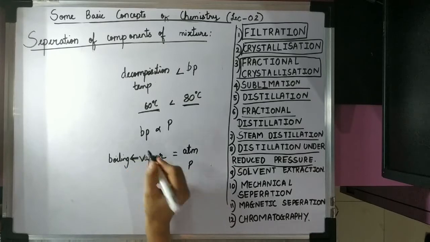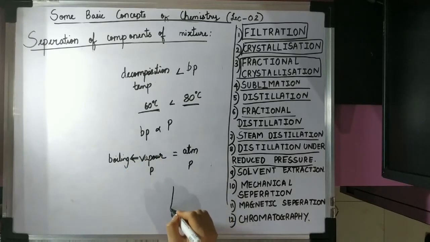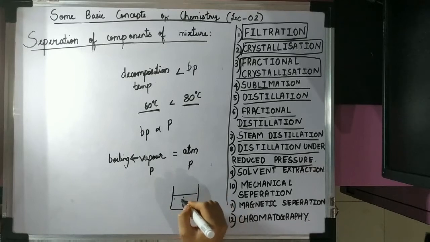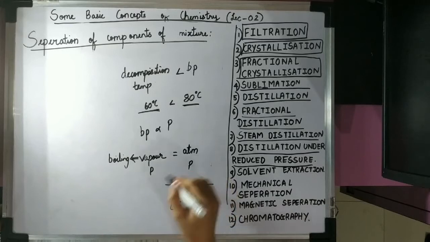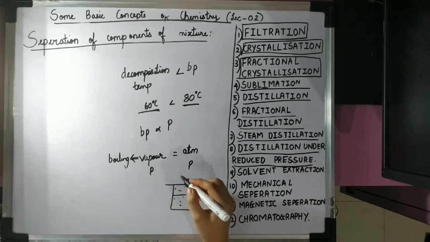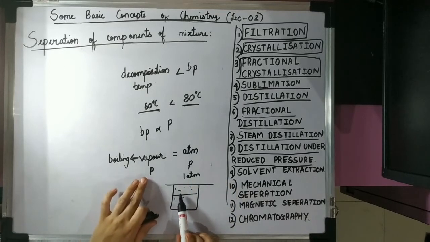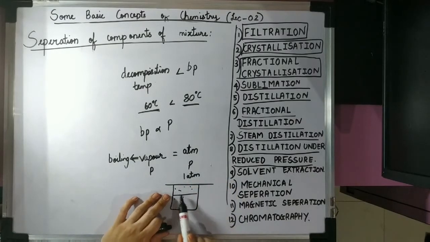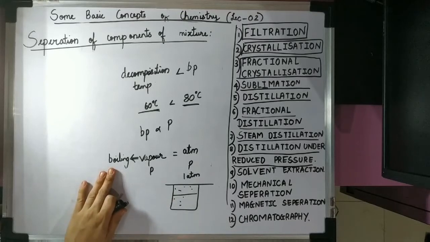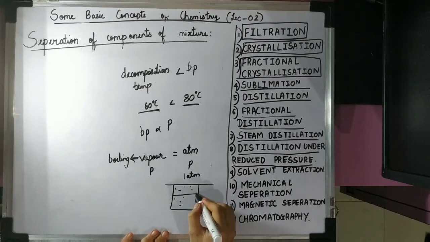Now let's say this is a liquid in a closed container, here we will form the vapors, and here is the external pressure. Let's say the external pressure is 1 atmosphere. So at 1 atmosphere, the vapor pressure that we form here should also be 1 atmosphere, only then the boiling will happen. Let's say for 1 atmosphere we have to provide a temperature of 80 degrees Celsius,